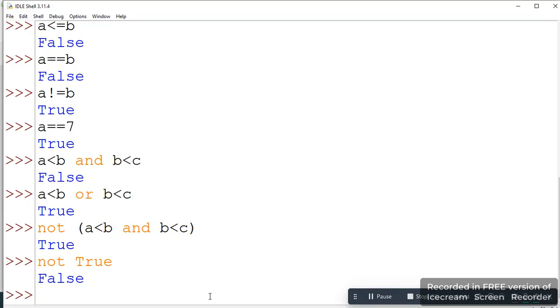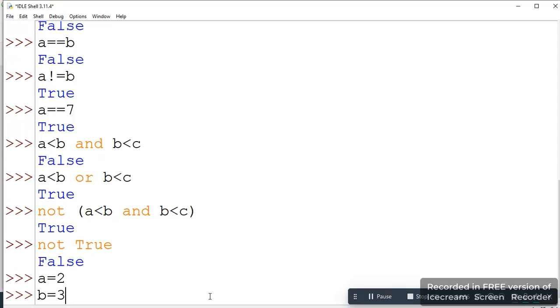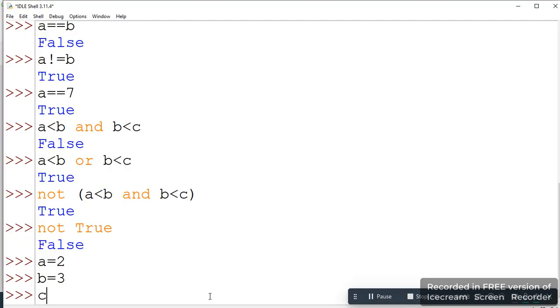Okay, so logical operators, comparison operators. Now let's see mathematical operators. So I'm assigning values of A, B, C again, smaller values. 3 C equal to